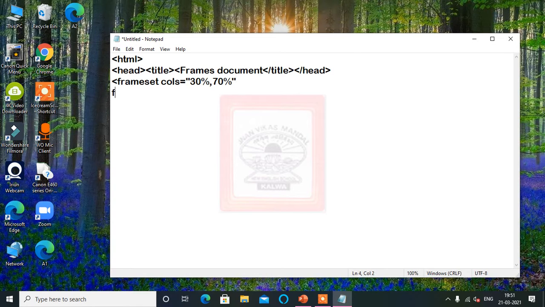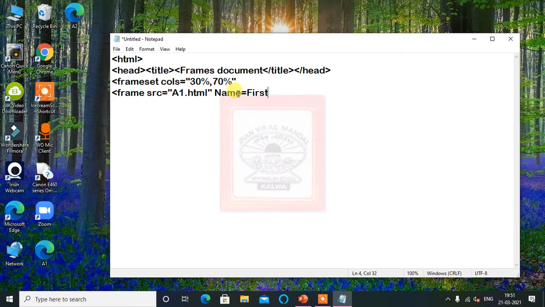Now we will define those in the frame tag. So 2 tags are used. The first is the frameset and the second is the frame. In the frame we are going to link the source, src is the source, src equal to a1. Now remember here, if the files are in the same folder, then we can directly give the name, a1.html, which we have made, and the name of the frame also we are going to use